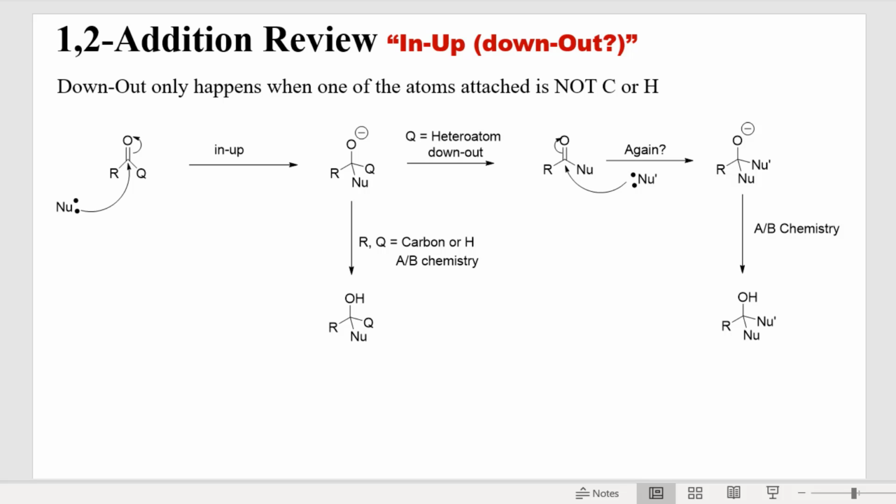So we're actually following the path definitively across here at the top, where Q is not carbon or hydrogen. So we're definitely going to come down and out, forming another carbonyl. And we have to consider doing the 1,2 addition again. So this is the regime we're going to be looking at, and it will be repetitive. So this is why this chapter happens to be a lot of people's favorites, because boy, they get really good